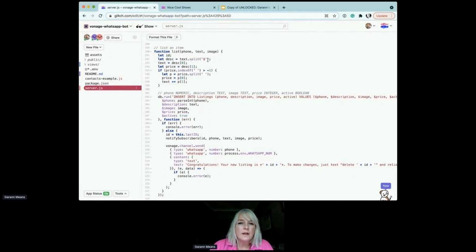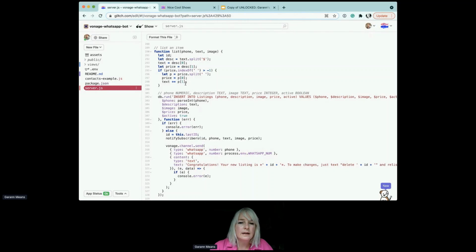So we're going to split it on the $, and whatever is before that $ is part of the description. The price is going to be the second part of that. If there's a space in the price, then the description actually continues, so put the rest of that text back onto the description,